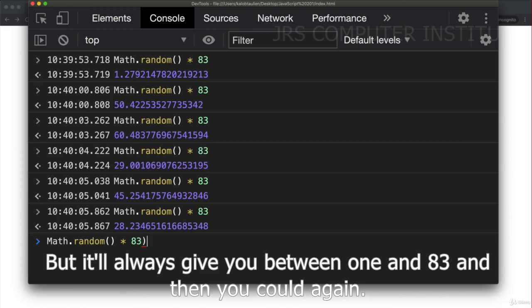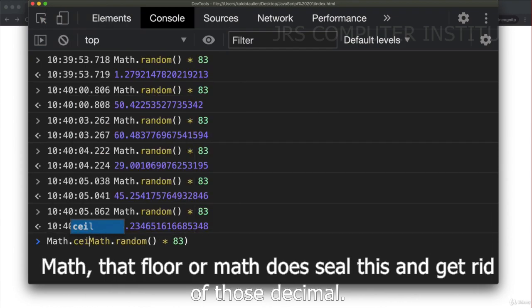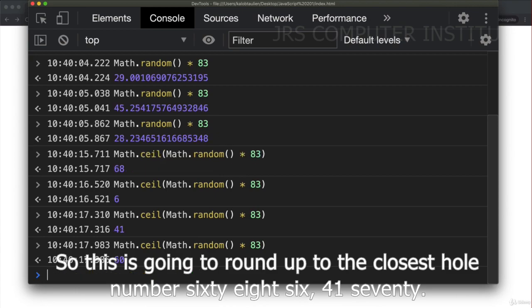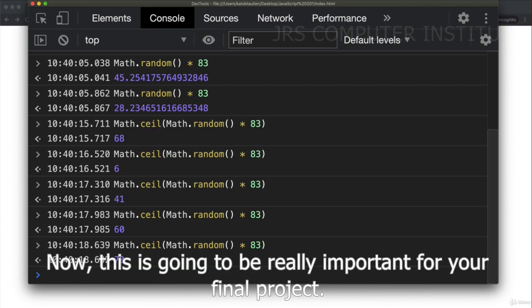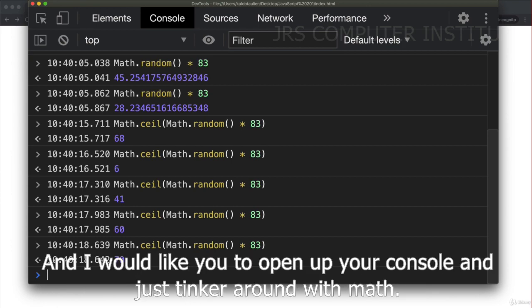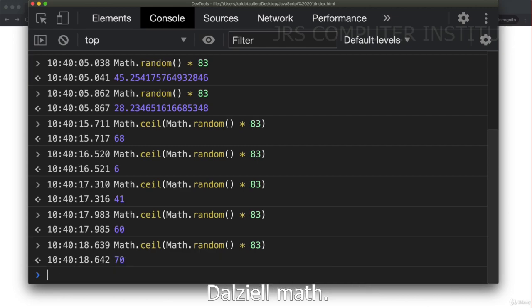And then you could, again, math.floor or math.ceil this and get rid of those decimals. So this is going to round up to the closest whole number. So 68,641,70. Now this is going to be really important for your final project, so make sure you actually do this. And I would like you to open up your console and just tinker around with math.ceil, math.floor, and